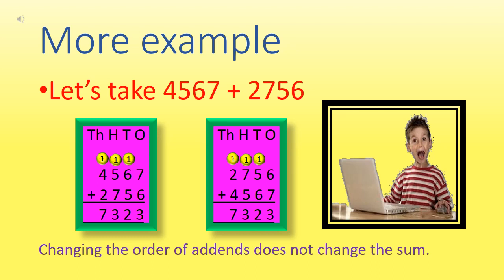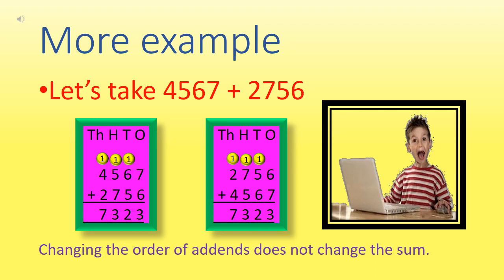So we get 6 plus 5 plus 1 in tens column. 6 plus 5, 11. 11 plus 1, 12. So we will write 2 in tens column and we will carry 1 to the hundreds column. Here we have got the digit 7 plus 5 and 1 has been carried over. So 7 plus 5, 12 plus 1, 13. So we will write 3 in hundreds column and we will carry 1 to the thousands column.